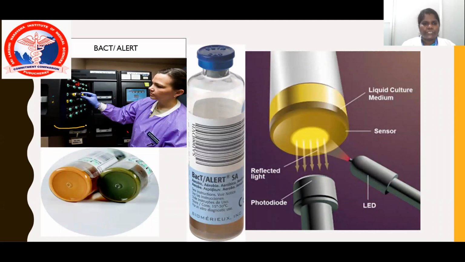So here I will explain. This is the automated machine. There are several slots. These are the media, which have BHA broth along with trypticase soya broth and polymeric beads, and here we have a sensor. Because of the carbon dioxide production, there will be a pH variation. If there is positive growth, the color changes from green to yellow. That color change is reflected in the machine and we get the signal. So like this, we are detecting. This is purely colorimetric detection.